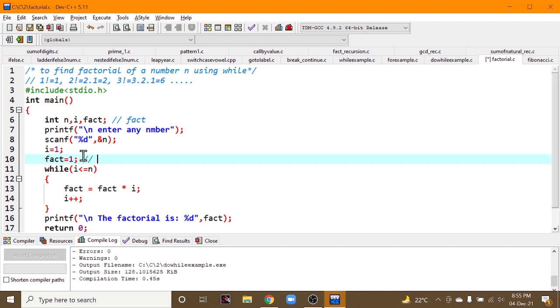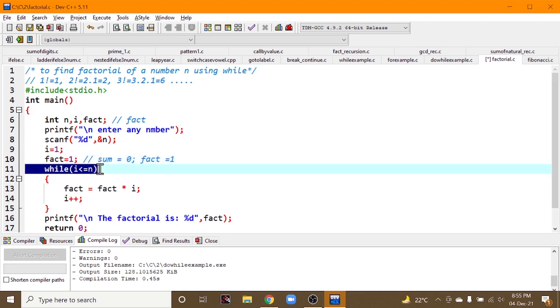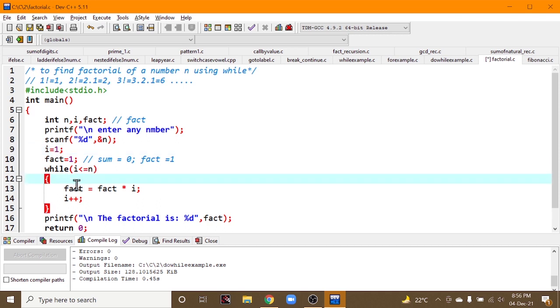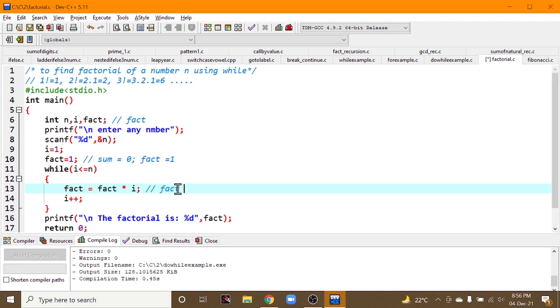Just now I said if it is a sum, initialize it to 0, but if it is a product, as in factorial where we do products, initialize it to 1. Using a while condition, while I is less than or equal to n, for 1, similarly for 2, it increments. Each time you multiply fact with the iterating variable.